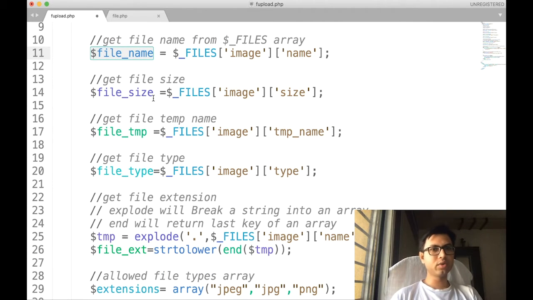Next, what are we going to see? Next, we are going to perform the file size checking. For that, this much syntax is similar. Only the second dimension of the super global variable $_FILES is going to change. That is size. If we write size over here, the super global variable $_FILES will return the size of the file selected by this image input.